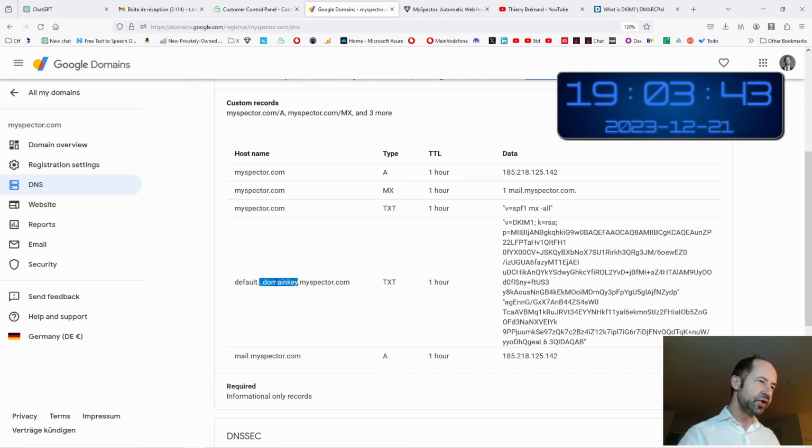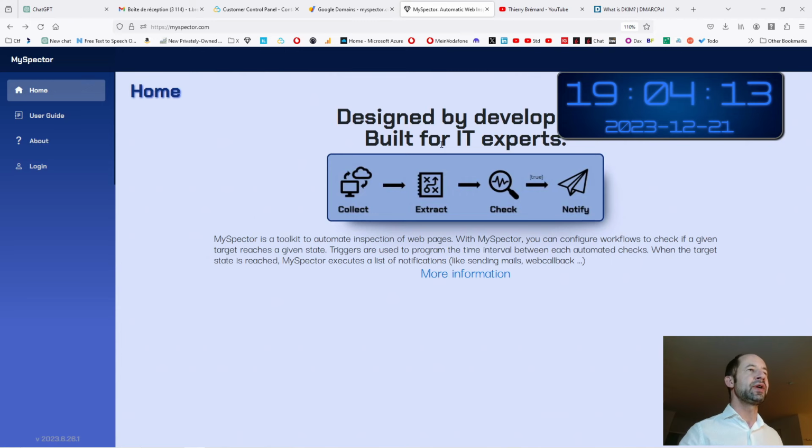There is this default domain key myspector.com, which complies with the DKIM standard, where I publish in the public world a public key, and every email exiting my server is signed with the private key which is stored on the target machine of the email server. Now, the very last thing: the first thing that I showed you was sending an email with myspector.com. So the very last thing is to implement the sending with C# code, and we will see how this is done with some C# code.